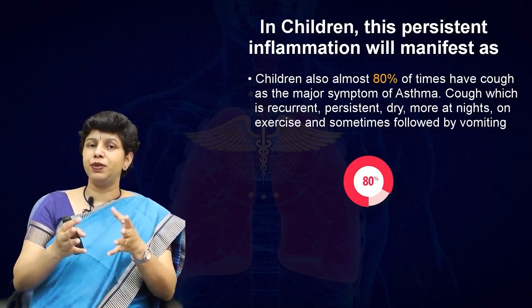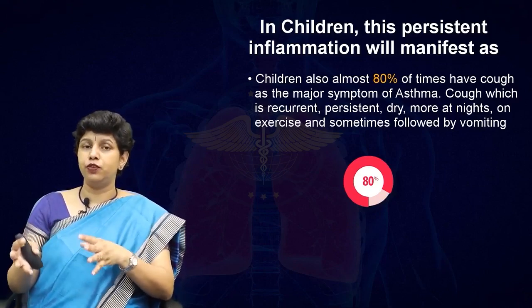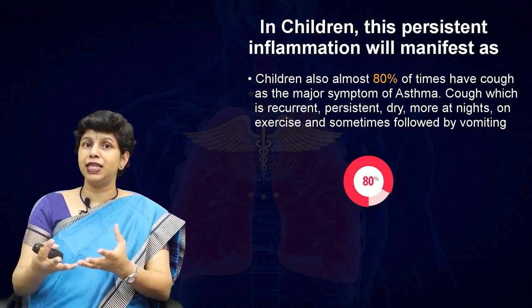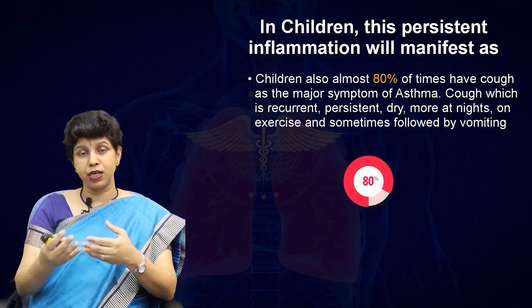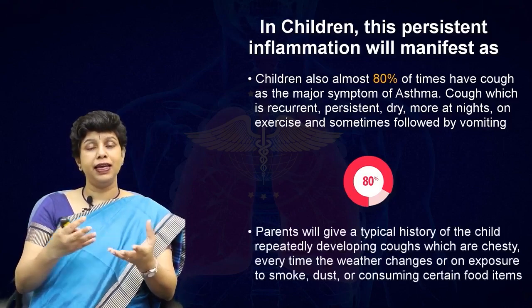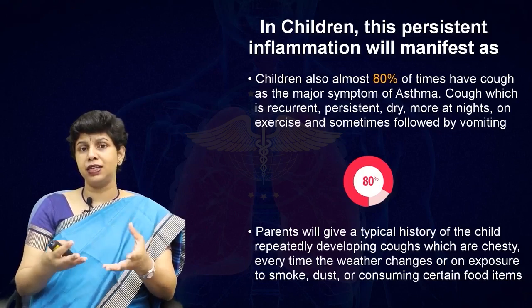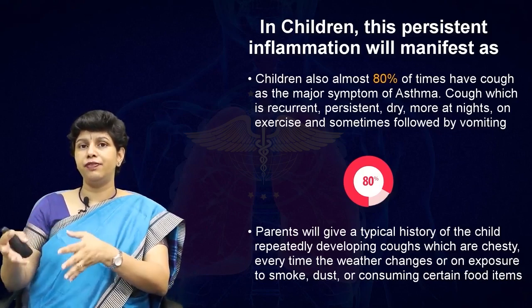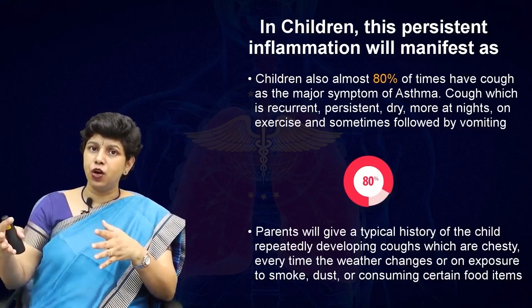So if you have a child who presents with this kind of symptoms, you must think of asthma. Of course, there are a few associated things that go with it, like family history of asthma, or history of eczema in the child, or history of atopy like allergic rhinitis, allergic rhinoconjunctivitis, eczema in the child or in the family. So a child who's presenting with recurrent coughs,